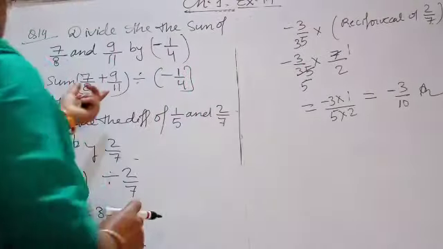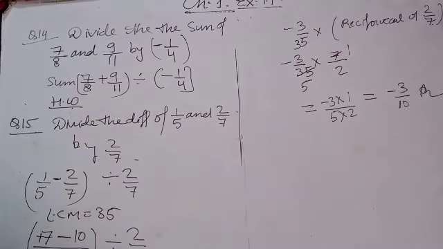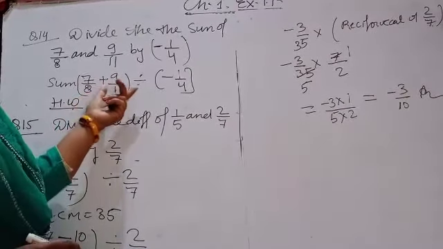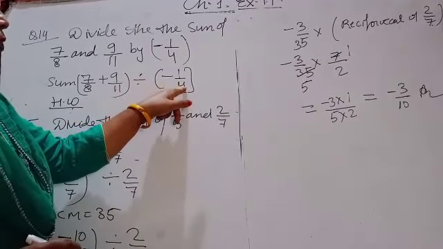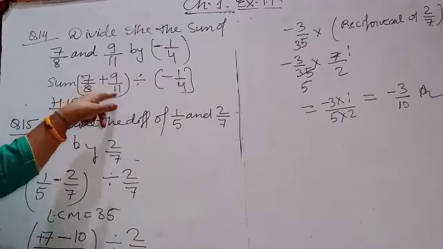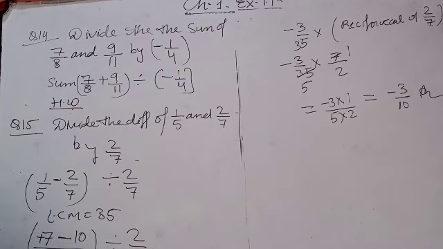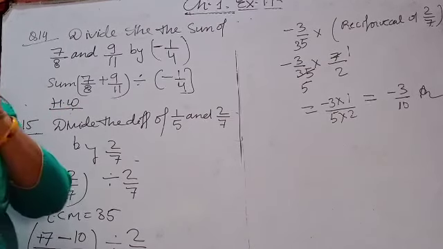Here it is a case of addition. One part I have done. Here it is a case of addition. In the same way you will take this one along with this into sign, and then the reciprocal of this after simplifying this addition. So in this way we have completed up to question number 15. Now we are proceeding to the next one.